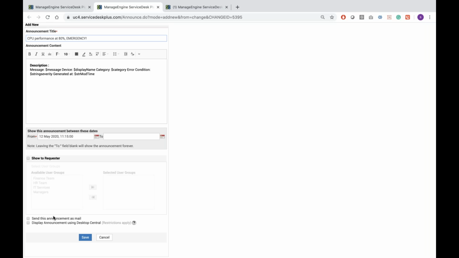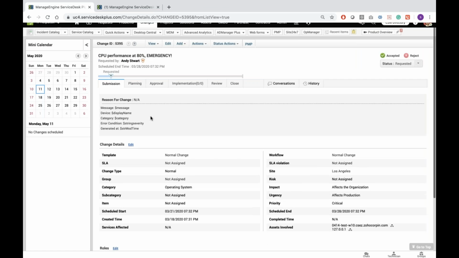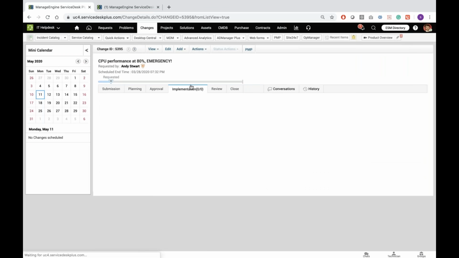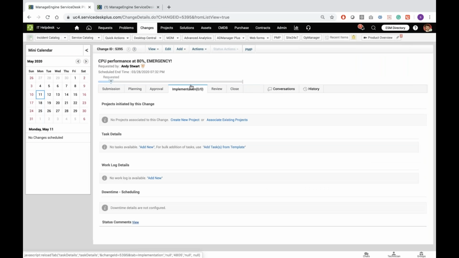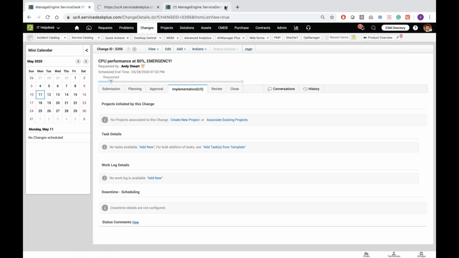Right from an incident, a problem, or a change, you can do the communication through announcements or send out emails, to have more relation with other IT service management processes. Because when you're working on a change, it could be a simple change that you break down into tasks, or the implementation could be a larger one that needs to be catered to as a project.